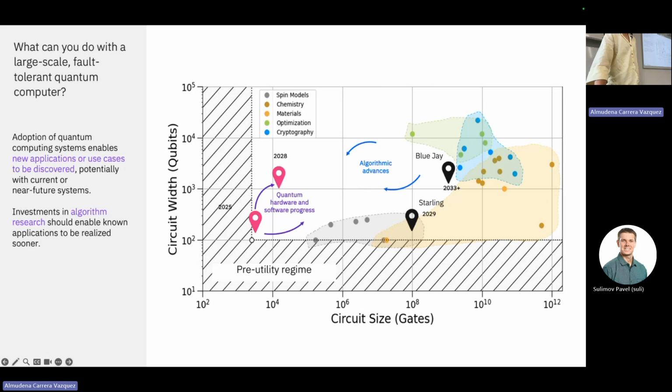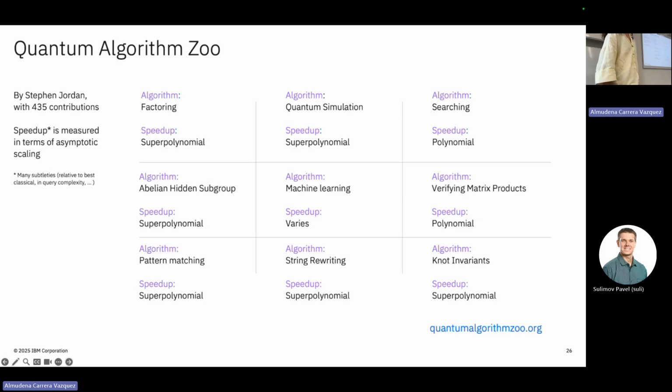If you are just interested in browsing the different algorithms that exist, you might be aware of this website, the Algorithm Zoo, where they list a lot of algorithms and the speedup that you can get. Super-polynomial is usually the one you care about, because for polynomial, for example the Grover algorithm, which has a quadratic speedup, if you take into account all the overhead that comes from fault tolerance, it's not so clear that we will ever reach a useful scaling. For sure at some point it will cross, but maybe it will cross for problem sizes that are just not practical.